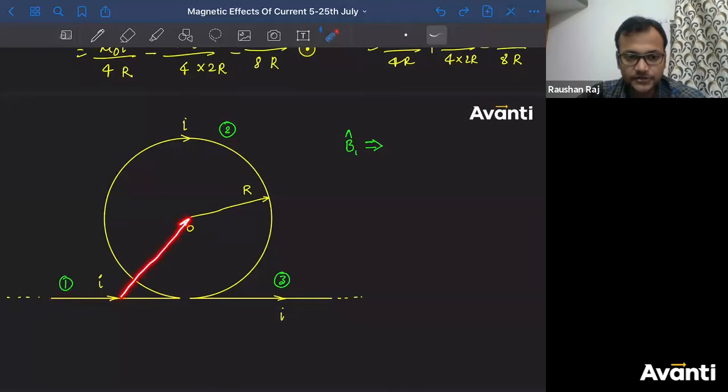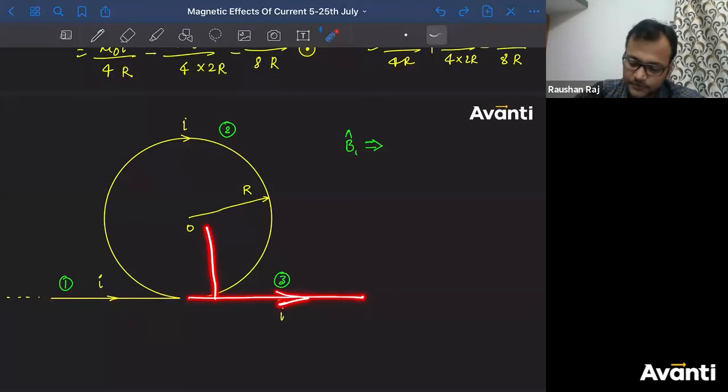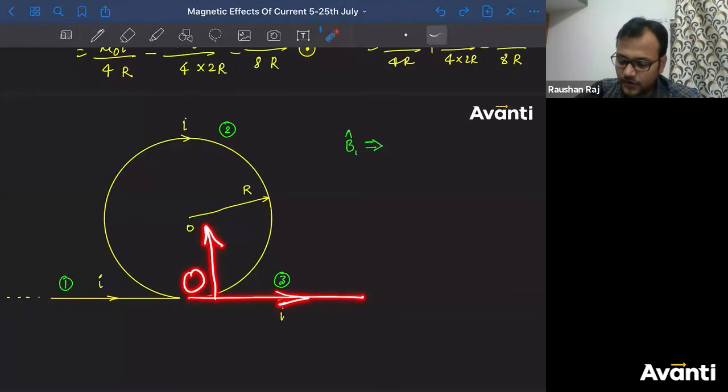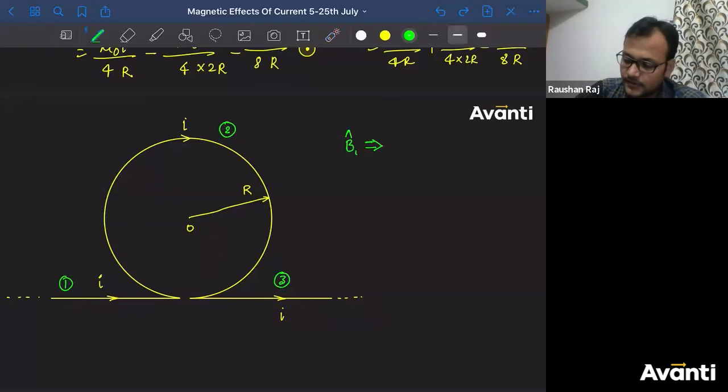So what will be the direction of R in that case? Thumb will give you the direction of R. तो thumb कैसा होगा? ऊपर की ओर. So out of the plane. What about this one? Again, direction of current is what? Here, palm should be facing in this direction. So thumb will be what? Out of the plane. So because of 1 and 3, out of the plane will be the direction.